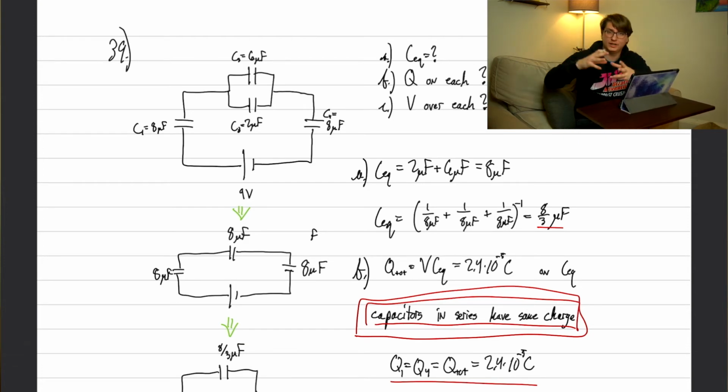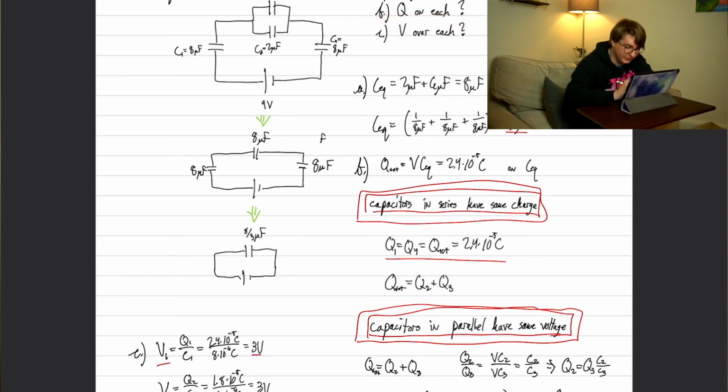So we usually break it down to get it to the simplest form, and then from there we can start expanding out and usually working back with charge and voltage. We want to find the charge on each, so we need to use a few rules. Capacitors in series have the same charge, and capacitors in parallel have